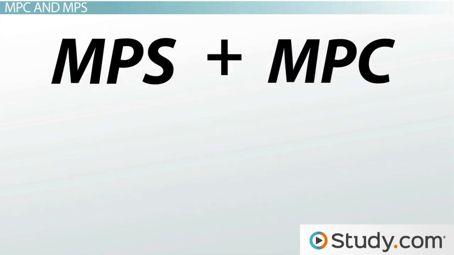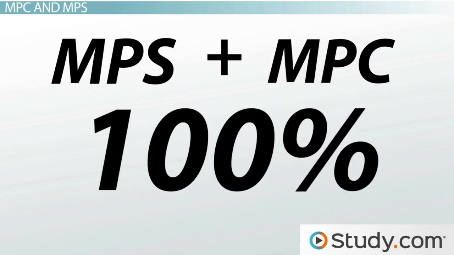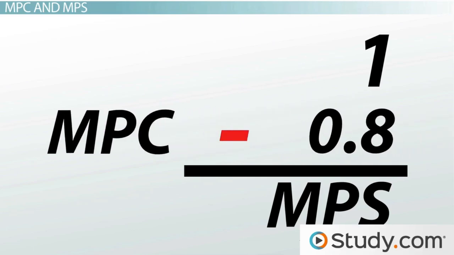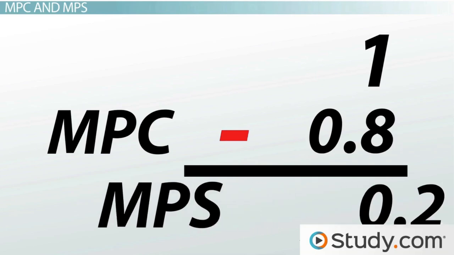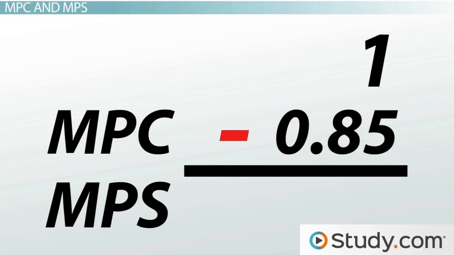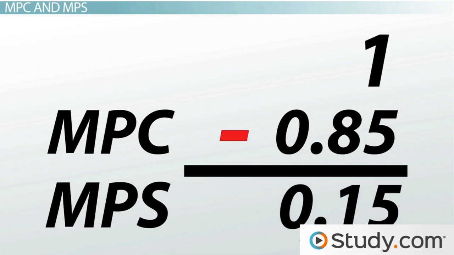It's basically the inverse of the marginal propensity to consume. Because we're talking about a percentage of income, both of these percentages will always add up to 100%, or 1.0. The easy way to think of this is to say, whatever the MPC is, subtract this amount from 1, and you get the MPS. The MPS is 1 minus the MPC. For example, if the marginal propensity to consume is 0.8, which is 80%, then the marginal propensity to save must be 0.2, or 20%. When the MPC is 0.85, on the other hand, then the MPS must be 0.15, etc., etc.